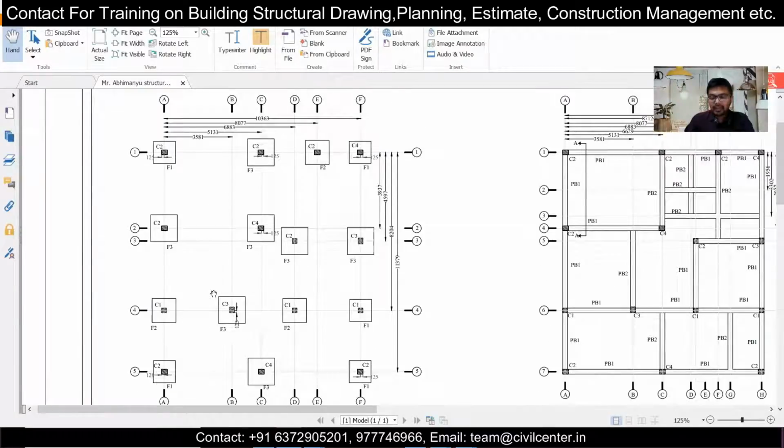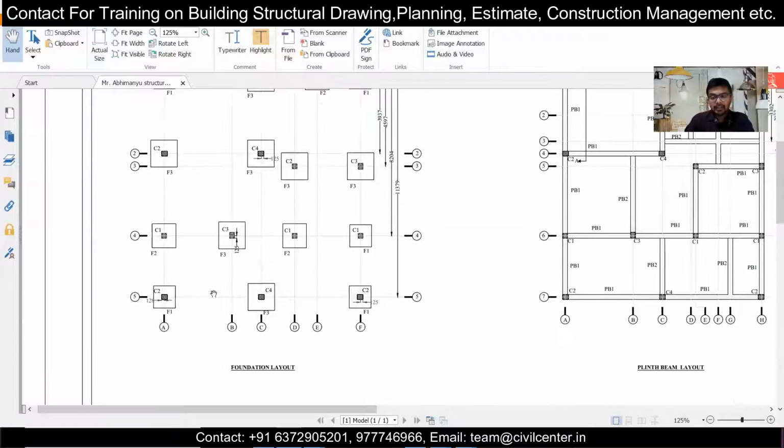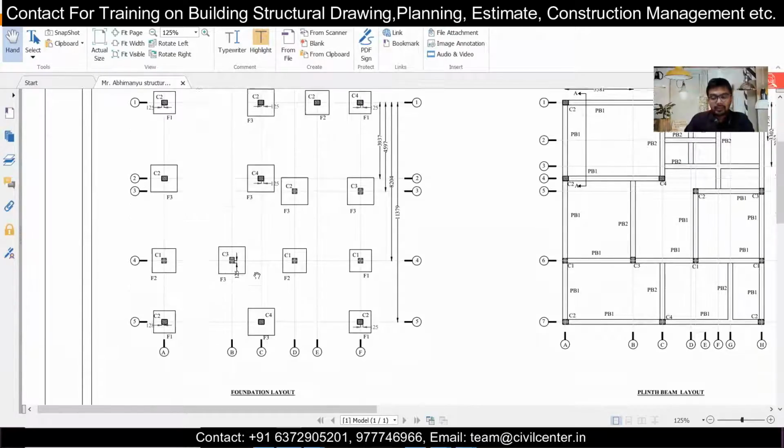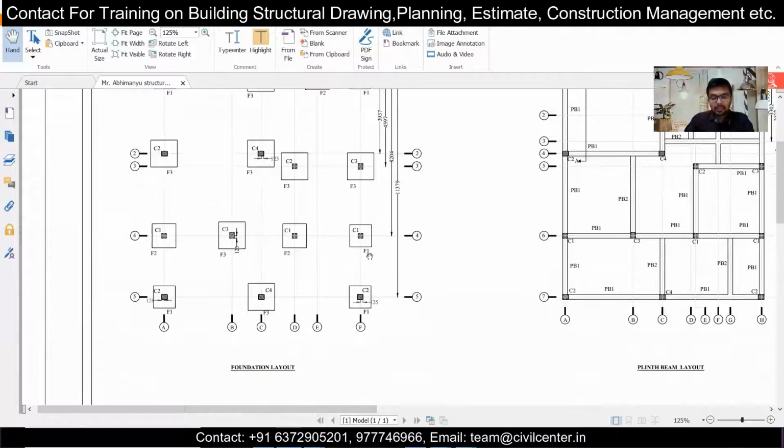Before marking particular footings at the site, we need the structural drawing. If you go by manual marking, we can do it manually. If you go by the surveyor, he just marks the four corners of the footing first, and after that the excavation starts. After the excavation is completed, we go for the sand filling, we go for the PCC, and after that again the column marking is done, and then the reinforcement is laid for the columns as well as the footings. So this is the work process. First of all, to execute this work at the site, the first thing you need is this foundation layout.